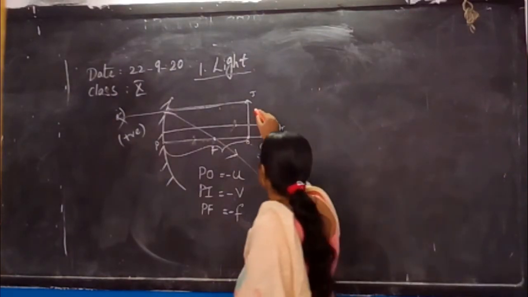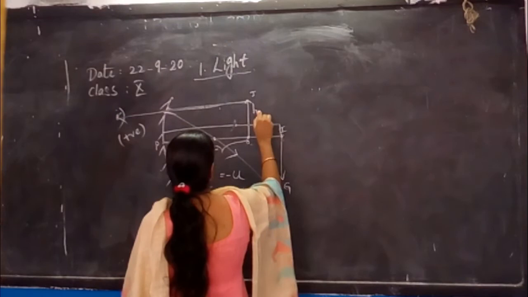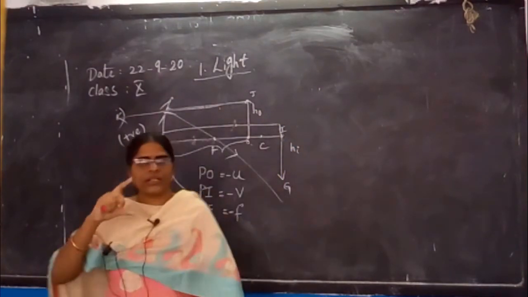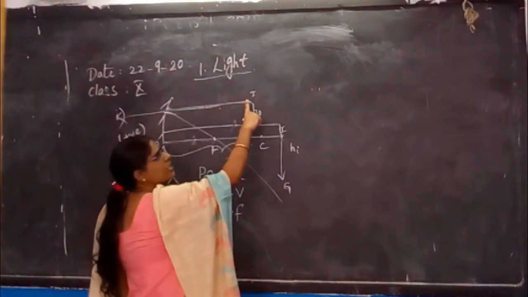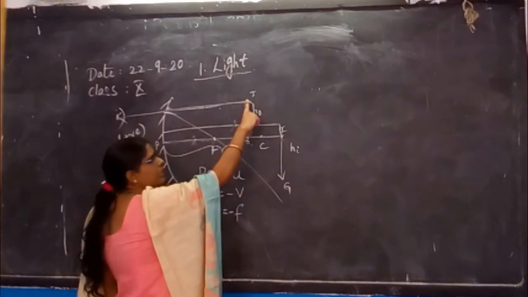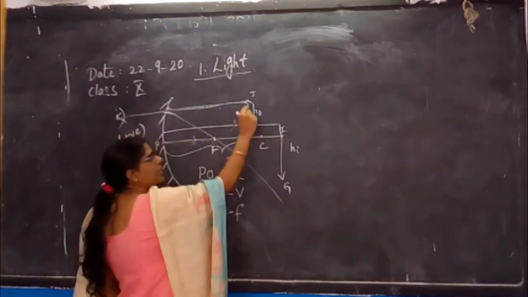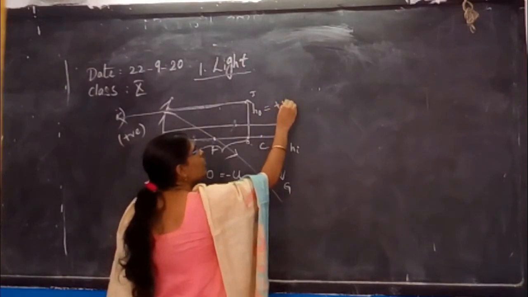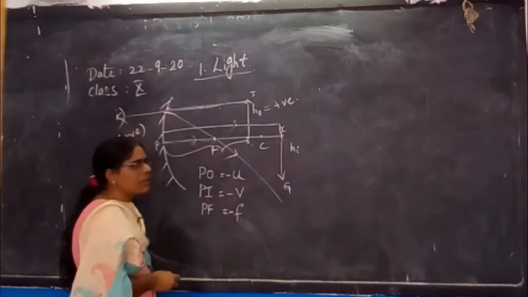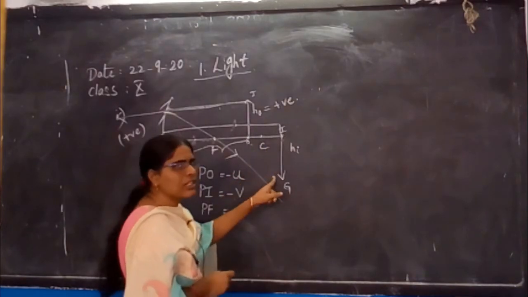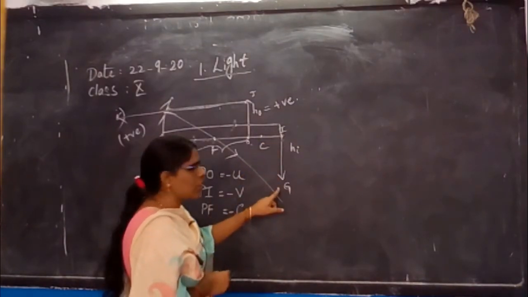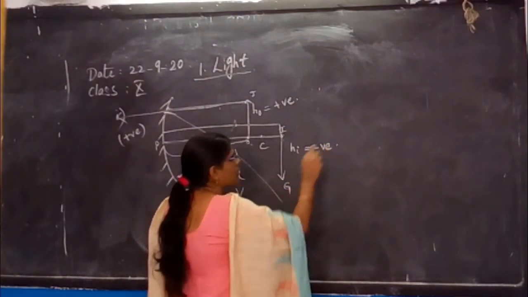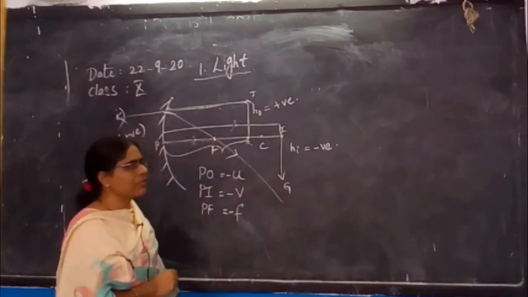Now, look here, height of the object, height of the image. Your object has a certain height. This much height is there for your object. What I said, if we are measuring it upwards, we must take the value as positive. Now what happened to my height of the image? It is showing downwards. Hence, I can take my height of the image as negative.